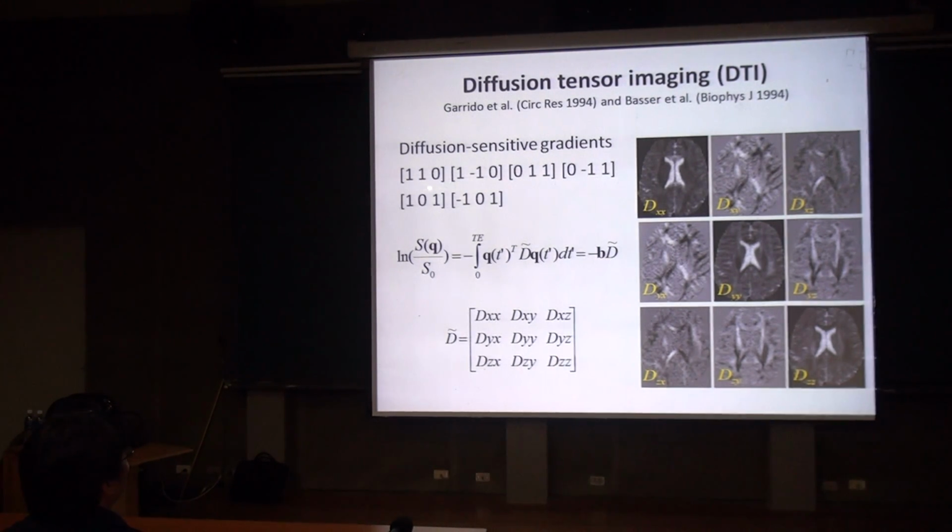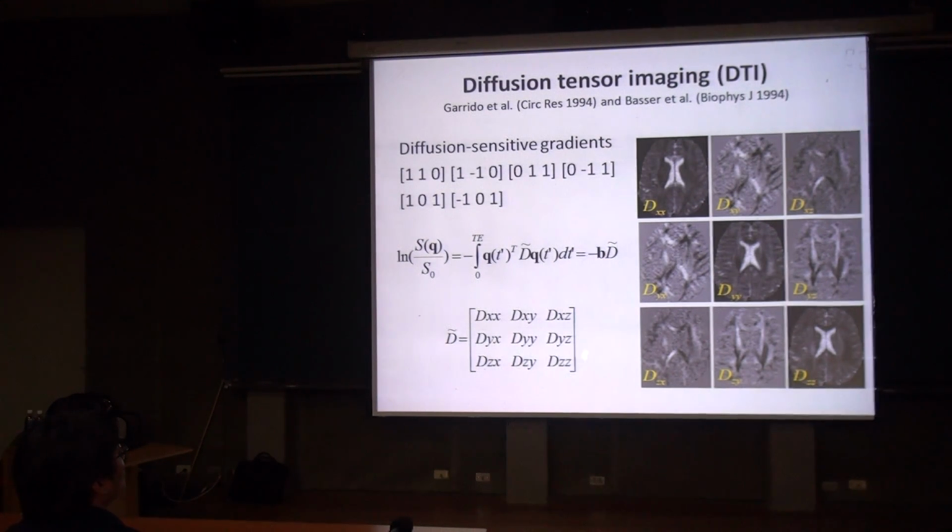So we can actually apply diffusion gradients in 6 directions, at least in 6 directions, okay? And then we can put them into this equation, and we can solve this equation using some linear algebra. And then we can get the diffusion tensor. This is a symmetric diffusion tensor. So there are 6 independent variables. That's the reason why you need to turn on at least 6 independent diffusion gradients to